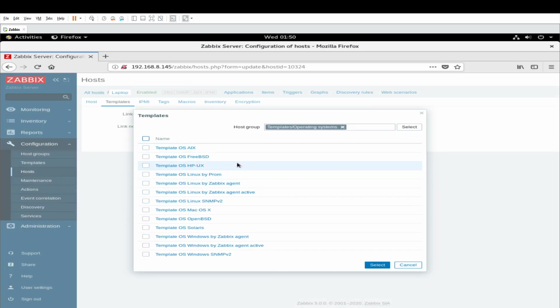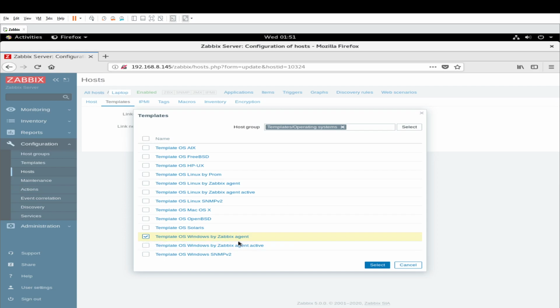So I'll click operating system. It will give me a list of operating systems. We know that we are on Windows, so template OS Windows by Zabbix agent. You can refer to the templates of the Zabbix community, and there it will show you what it will monitor in this exact template.